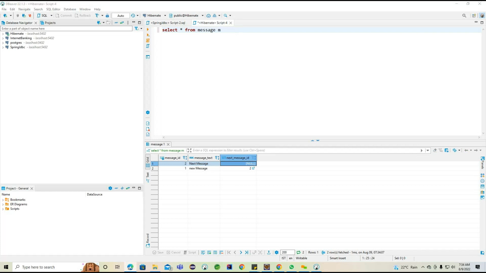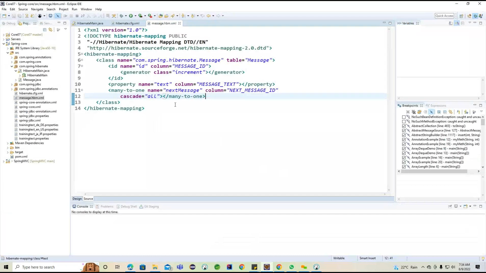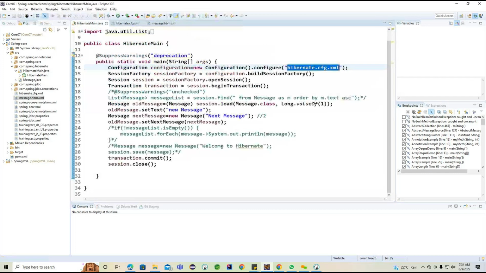Now finally, what I will do here is provide this particular HBM.xml. So why do we need to use this HBM.xml? Getting the point? Because this is the extension Hibernate internally uses to create the table along with the columns here. Okay. Now you can see we can go for another important section inside the main class. So inside this particular configuration, what we can do here, we can call this